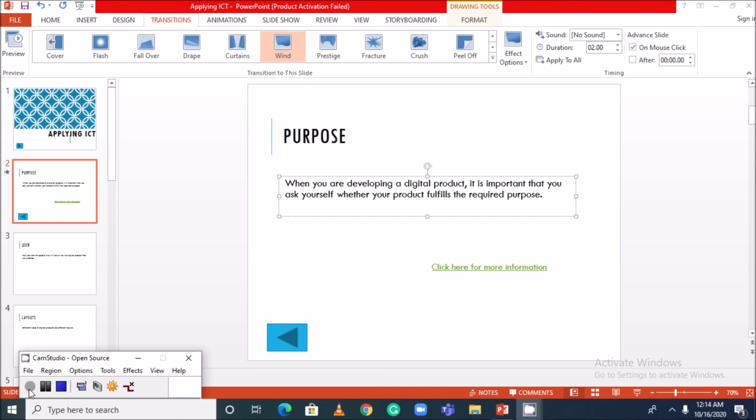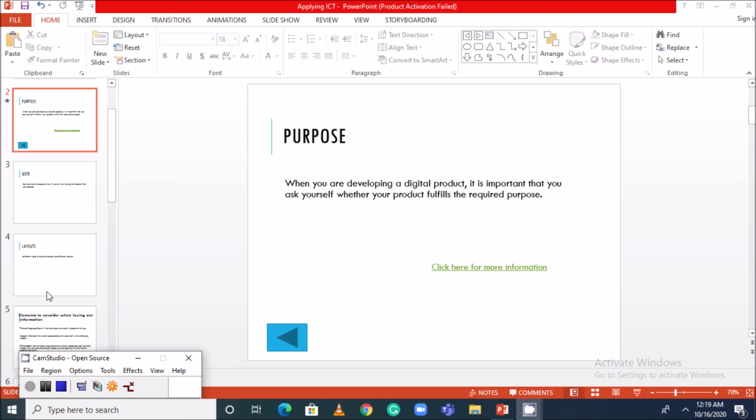Okay, my dear children, let's move to printing. If you need to print your presentation, there are several different print layouts available. Your choice will depend on the purpose of printing your presentation. Dear children, now we will see how we can arrange a handout. What do you mean by handouts? Handouts are given to your audience so that they have a copy of the information that you are presenting.